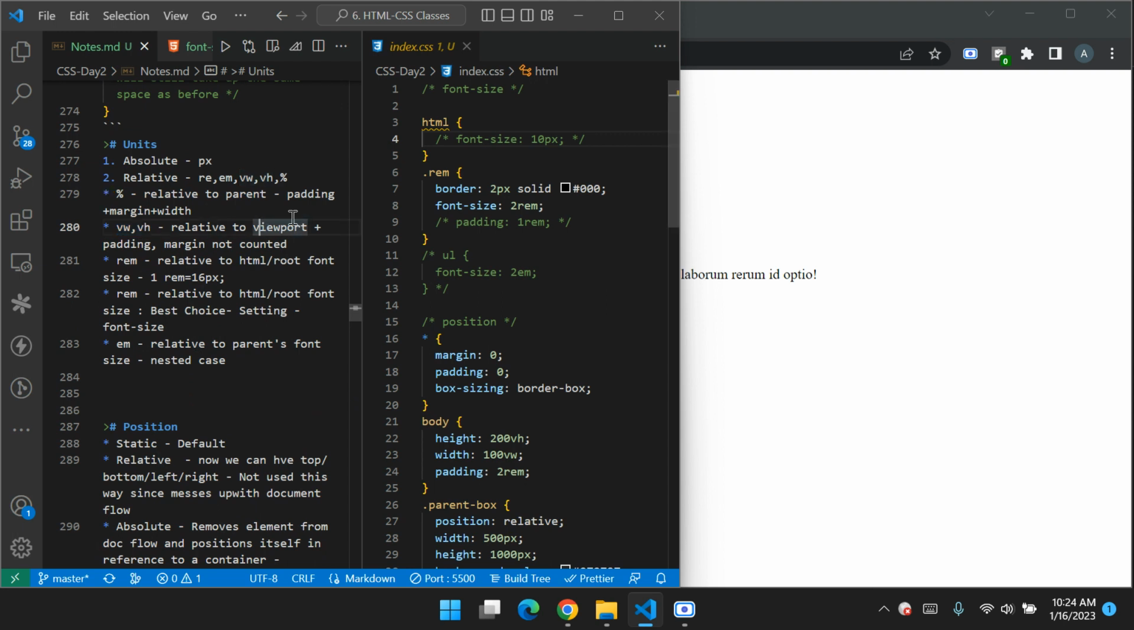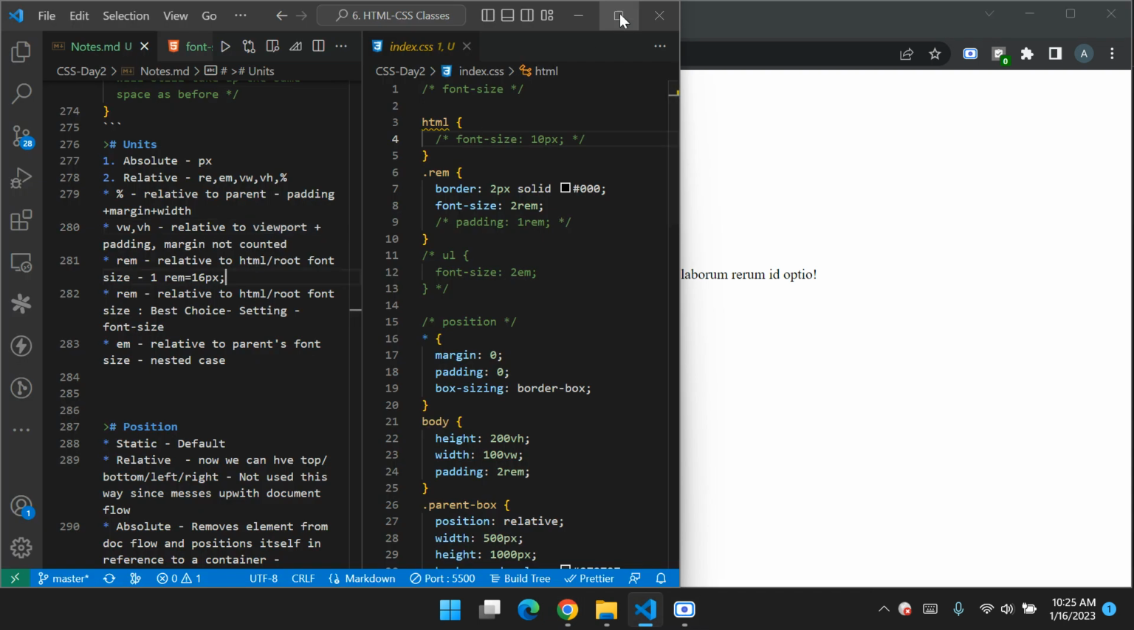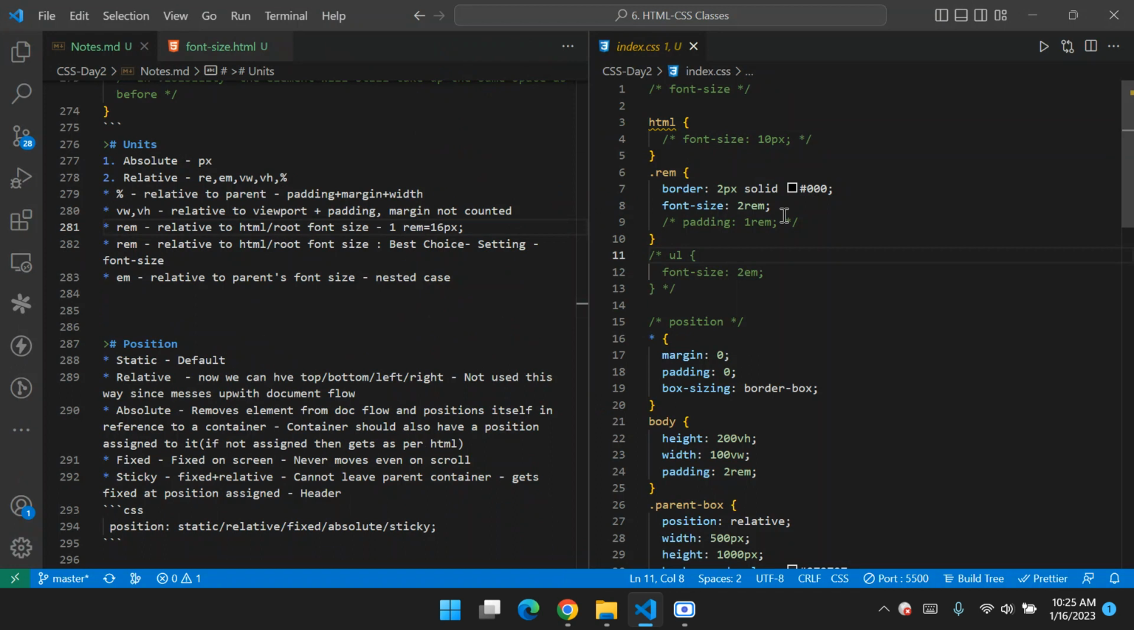Now here, what happens when we are considering these divs is that the margin and padding also come into the width. However, these are not counted here. For that reason, we are having this as a longer one. Now if I want to change it, what I can do,